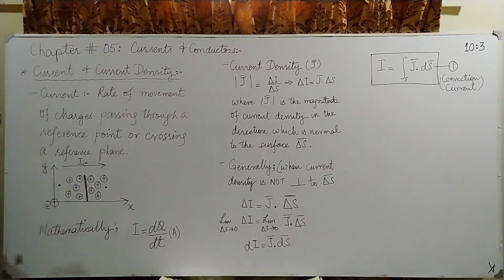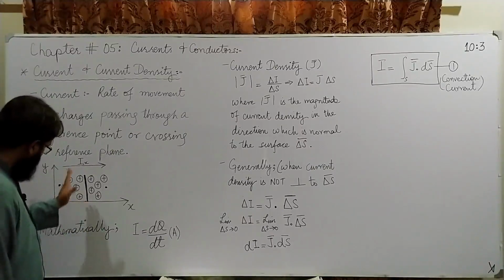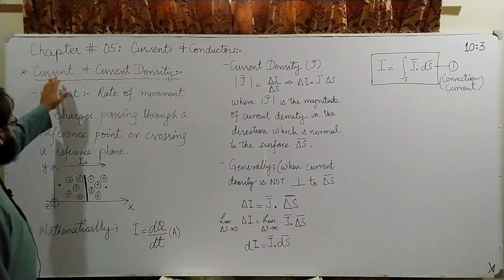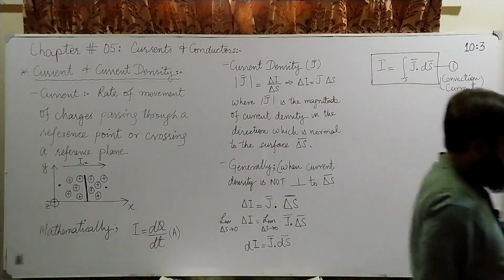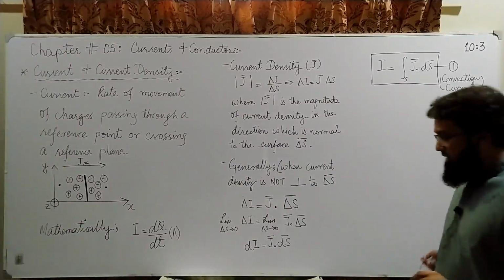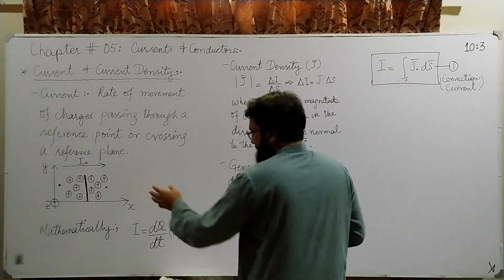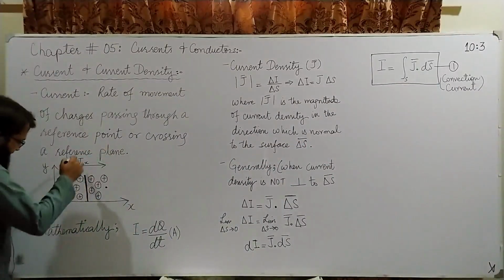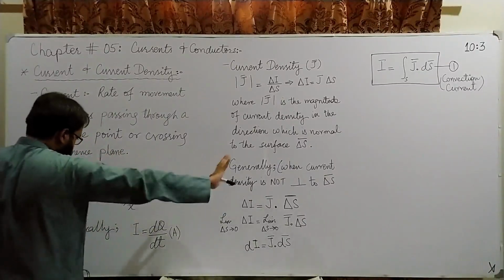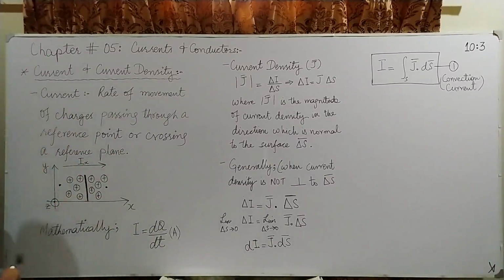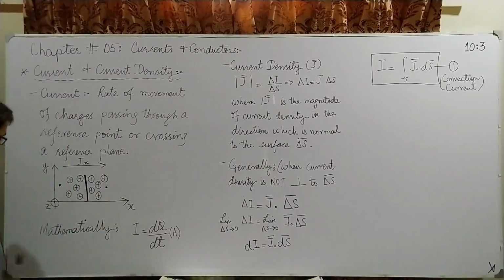In that case, how do we define current density? Because our topic is current and current density. We have discussed quite a lot on current, but current density is something we should make ourselves familiar with. So it may be possible that there is a huge conductor in this x direction, and I'm showing you just one portion of that, in which charges are moving perpendicular to a reference plane. So how would we define current density?